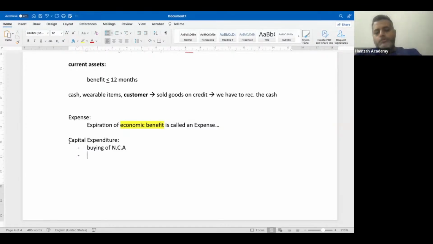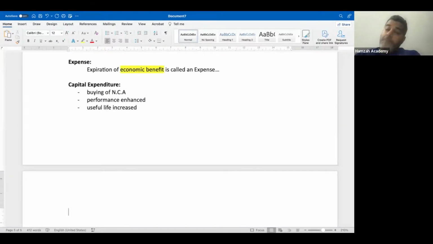When you spend on a non-current asset in such a way that its performance is enhanced, or its useful life is increased, that is a capital expenditure. Done. Like, for example,